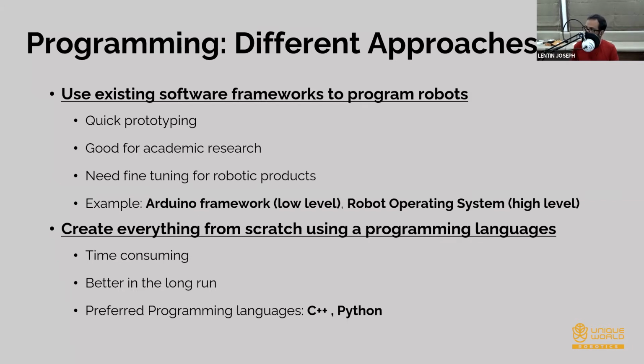That is also possible. If we start from scratch, the bad thing is that it will take a lot of time. But I will say we will get complete control of the code. If you are writing your own code, you will get the complete control. So you can select any method. But mostly companies and research are using an existing framework.